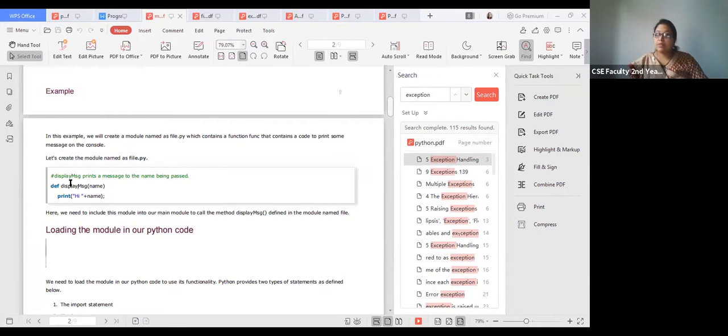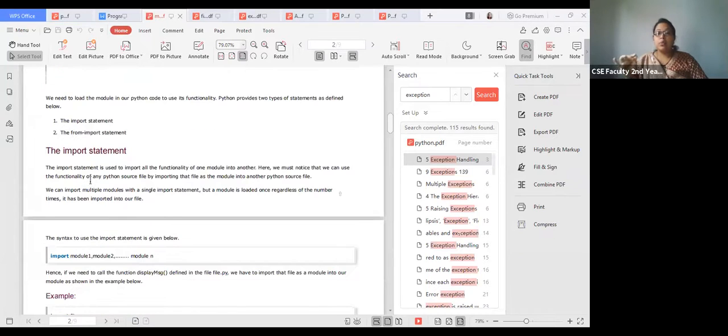We can access this function anywhere in our program. So how will we use it? First of all, you can create the module. That means any name you use when saving your Python program becomes the name of the module. And that module, how will you use it in your entire program?